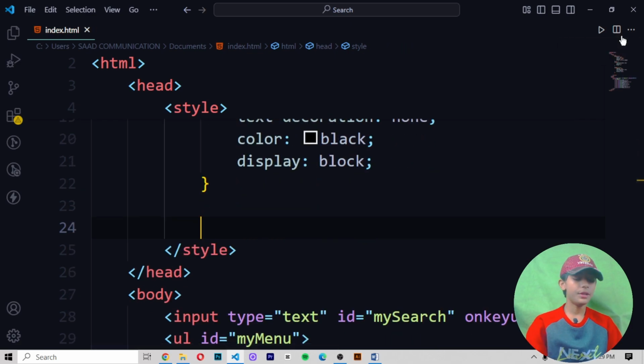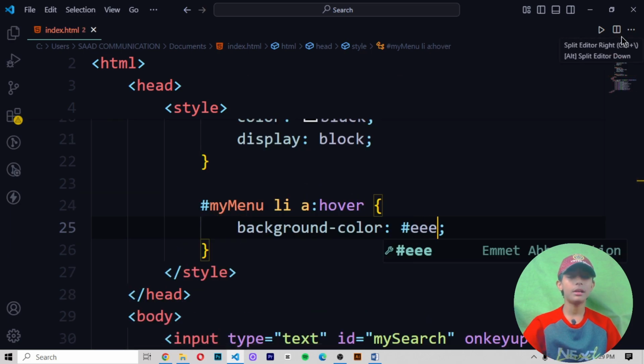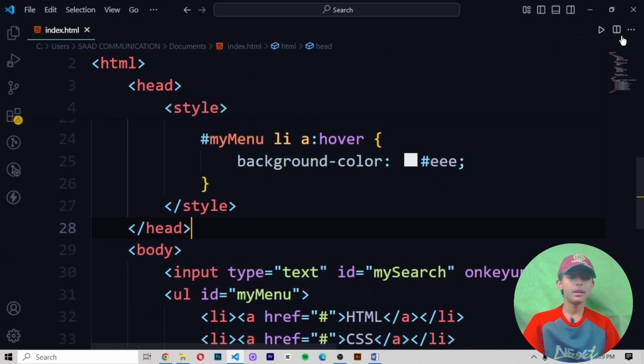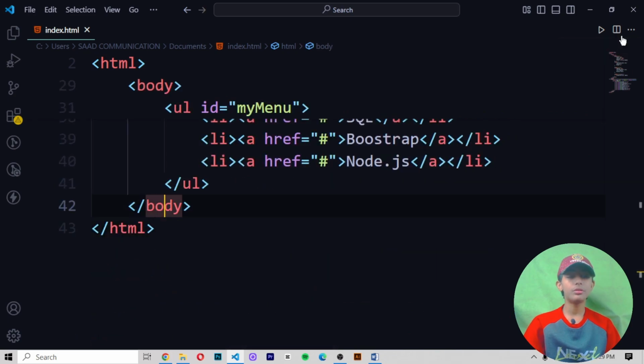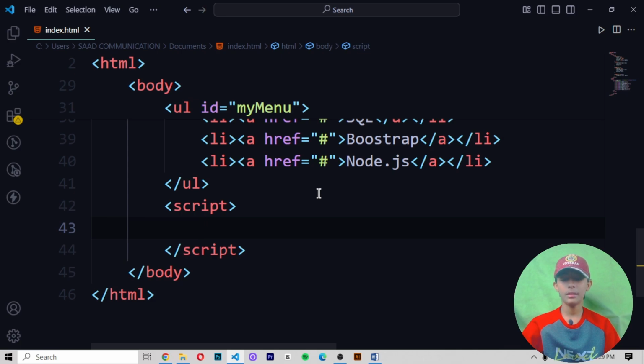Now, we define hashtag my menu, and we add a little bit hover on it. li a will be hover, and the hover background color should be hashtag eee, means white. So now we define our JavaScript code. We define a JavaScript code in our body element, script, enter, and then here we define a function,